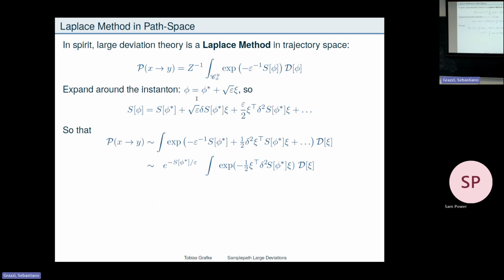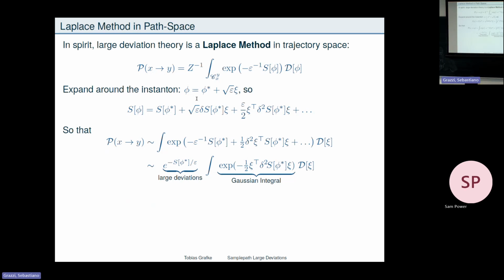And I only want to retain the second order term because all others are subdominant. So I have large deviation scaling here, and I have a Gaussian path integral here that is just a constant, right? This is the idea. Of course, this is an infinite constant, but it needs to be properly normalized because all of these probabilities are not proper probabilities. But this is the main thought. I can somehow draw out the leading order term, and then I have a rest.